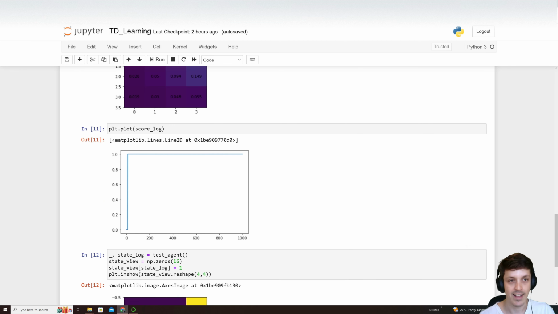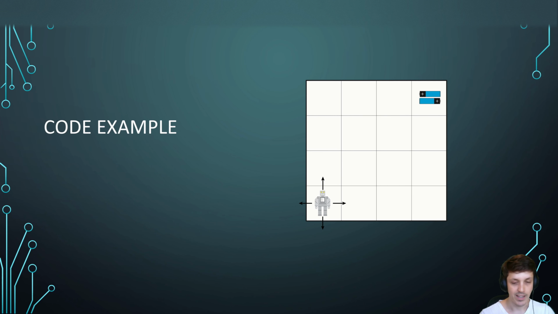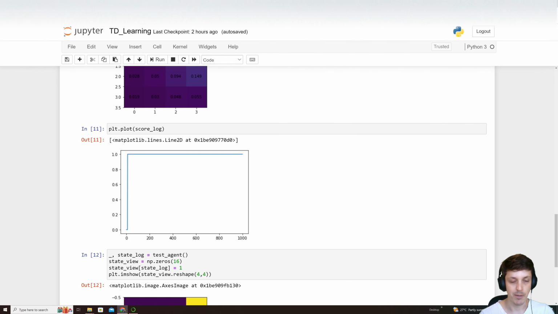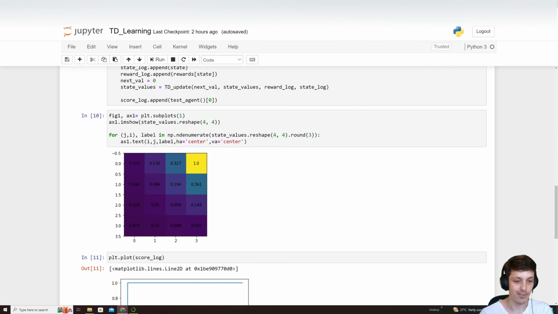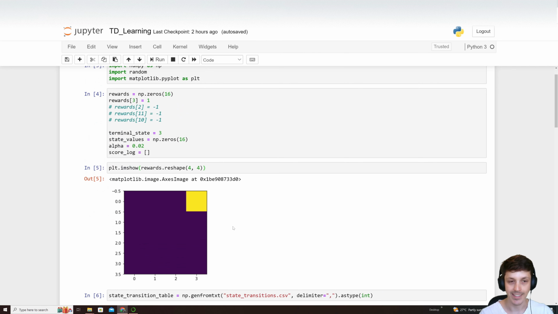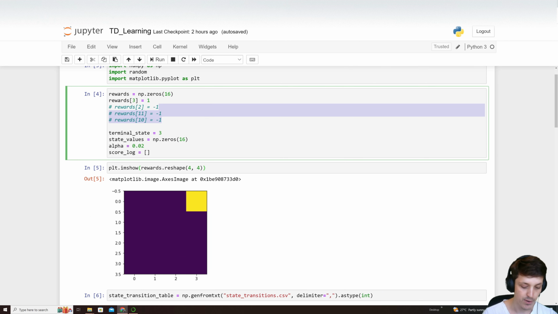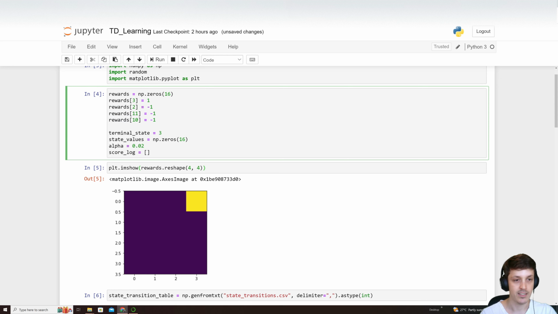Okay, so that's our temporal difference, TD learning. But we can do even better. In fact, let me go back. We can do even better than that. But as you can see, we converge pretty quickly. So I'm going to make the environment a little bit harder for our agent so we don't converge quite as quick. I'm going to set certain states with negative reward, and I'm going to make the final terminal reward